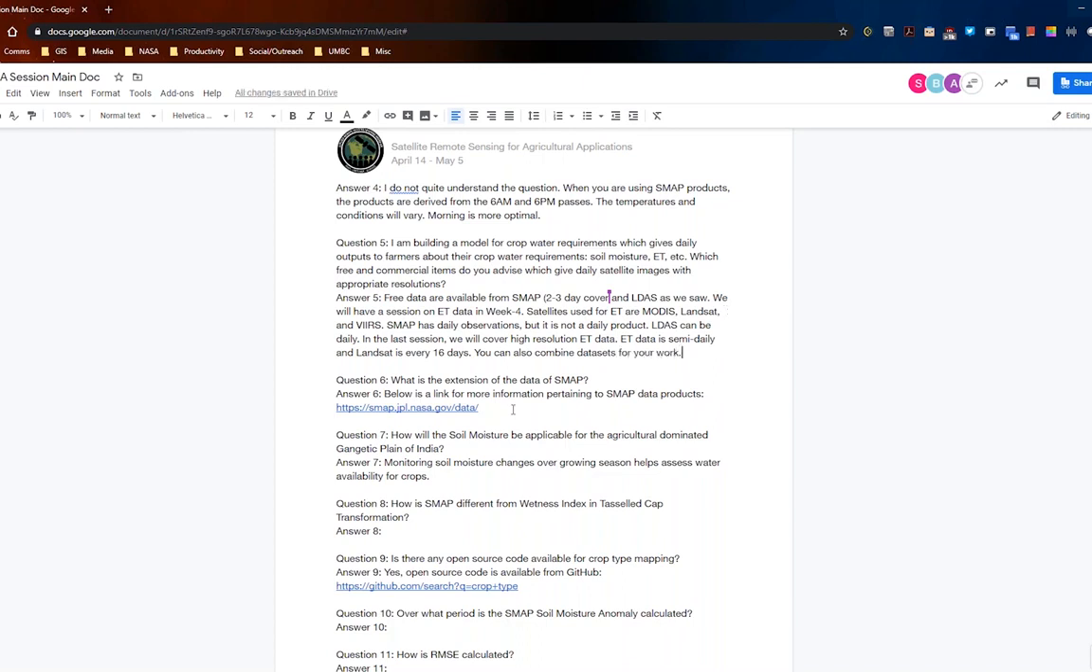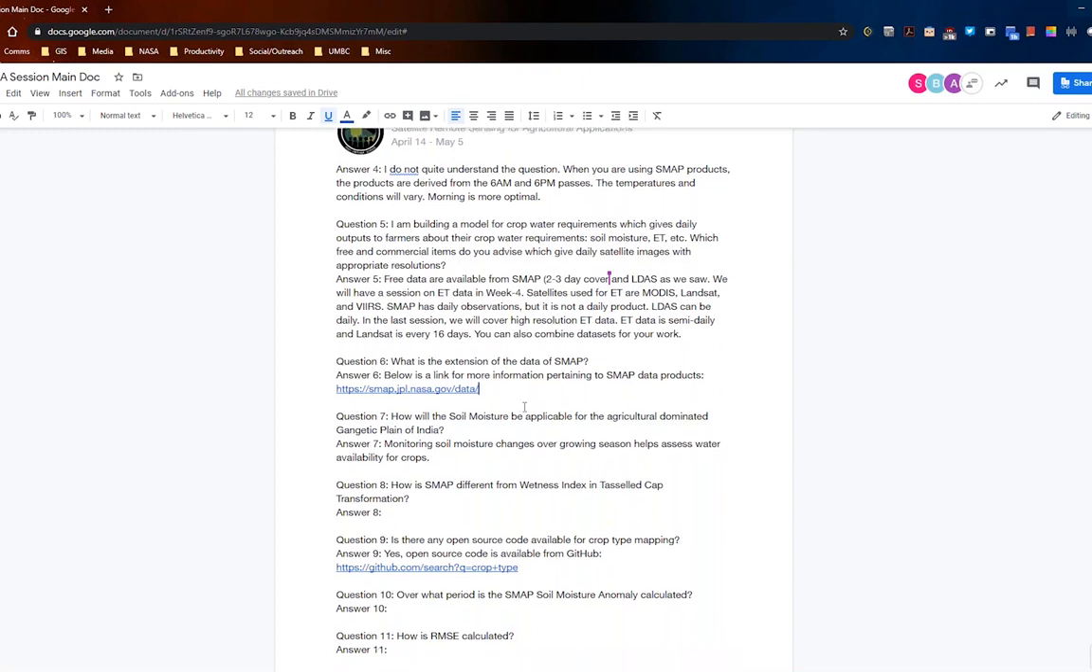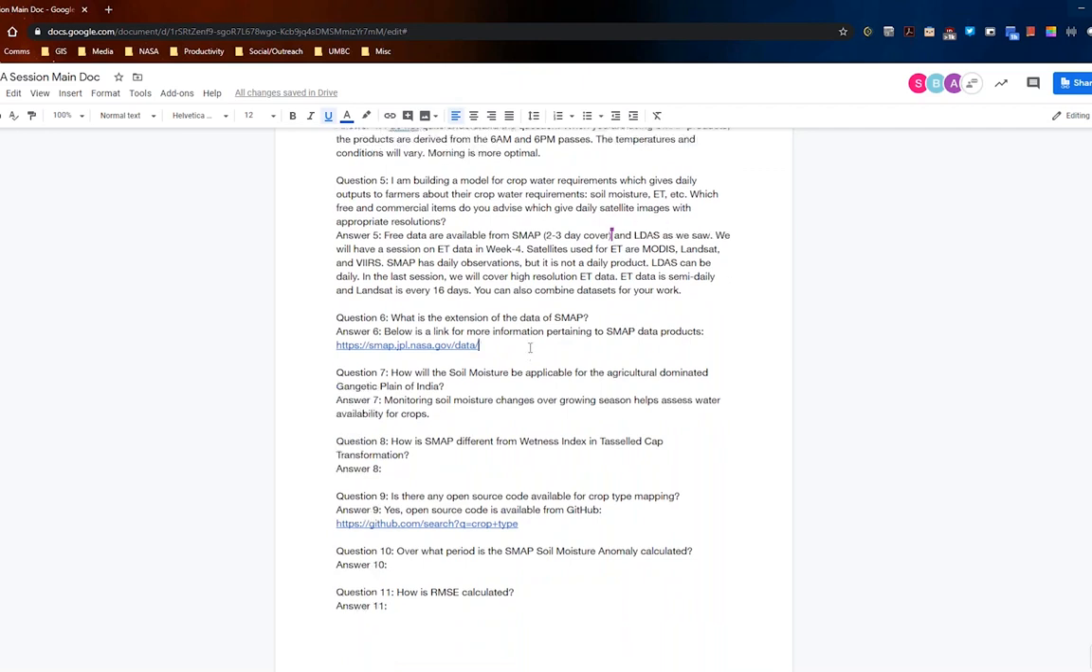Great. So the next question, what is the extension of the data of SMAP? I'm not sure I understand that question fully in terms of extension of the data. So there's been enhanced products that are derived, and those products have been derived from the beginning of the mission. So if you go to the NSIDC, to that page I showed you, it shows you the coverage of